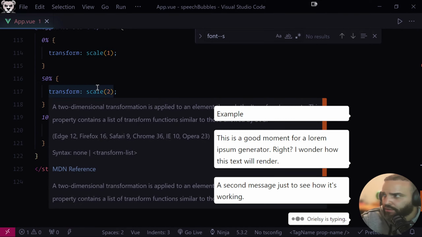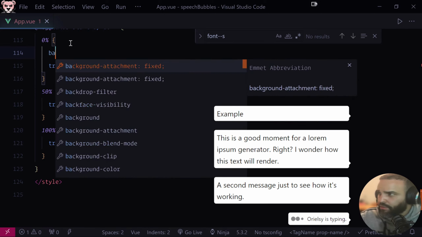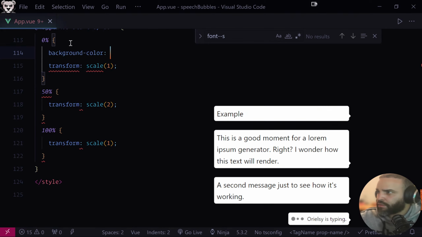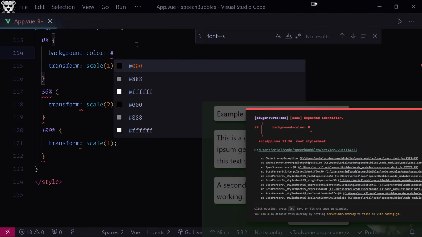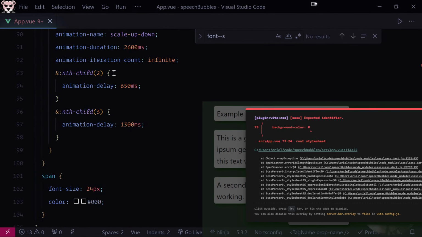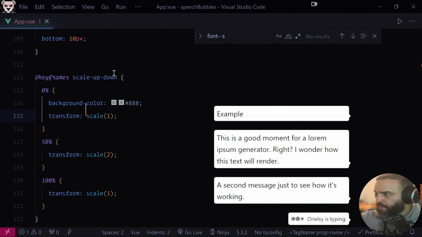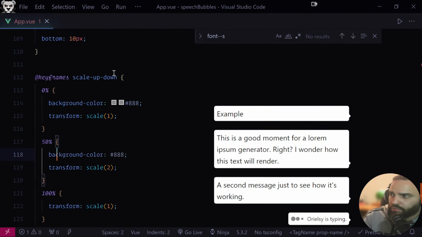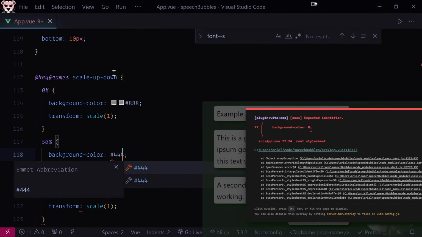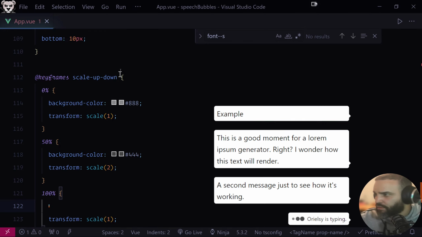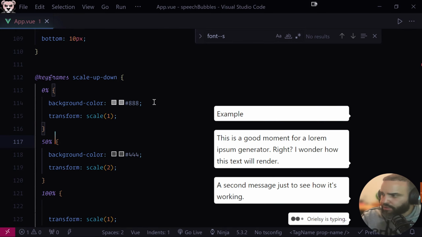Let's add to the animation. So when we start out, what are we? It's 888. Okay. When it goes up to maximum height, we want to go down to... I'm just trying things out here, okay? Now this is gonna make the colors